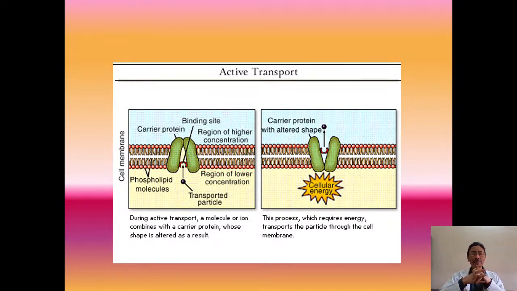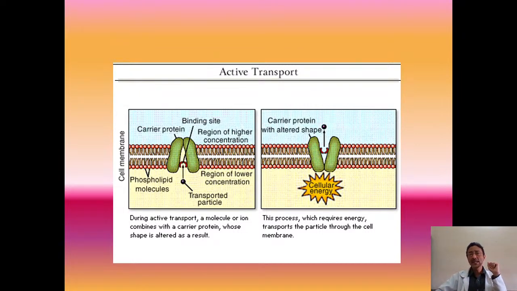Energy will be released. This release of energy will cause two things. One, it will suddenly cause the opening up of the gate which is on the outside of the cell membrane, and this energy will see to it that this molecule is pushed from inside to outside. That is, it is pushed from a lower energy area to a higher energy area. That is, from a low concentration area to a high concentration area. Thus, it is an active process.